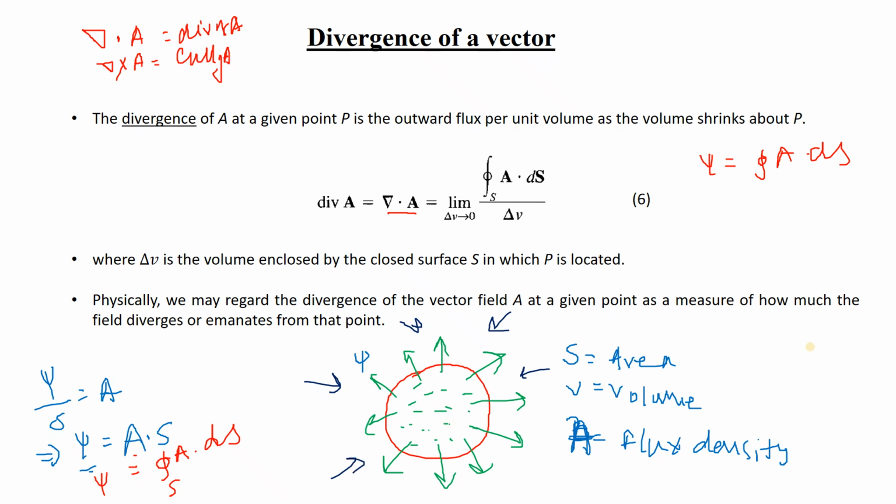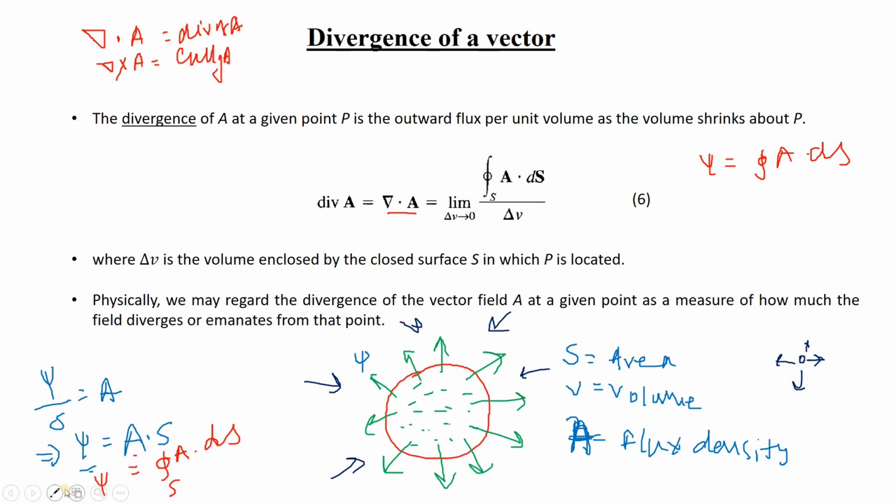Suppose it is becoming very close to zero. The volume is shrinking. That means the volume was previously larger. Now the volume is very small like this, and the fluxes are coming out of the volume. That means inside the volume we have charges, and the charge is creating the flux to come out. Suppose the volume is shrinking.